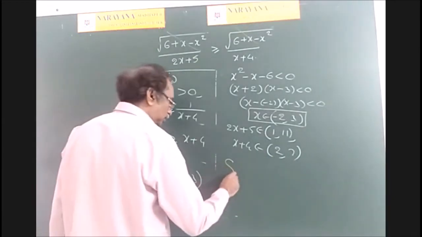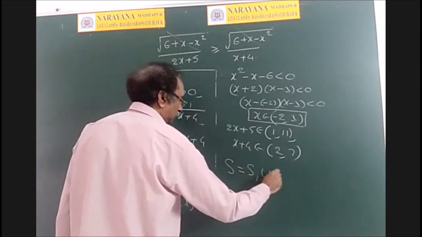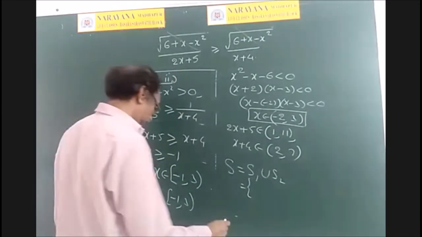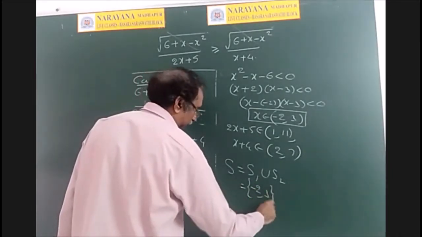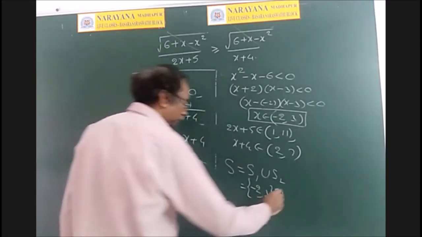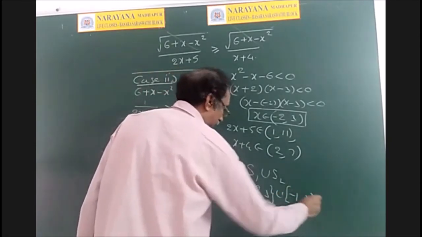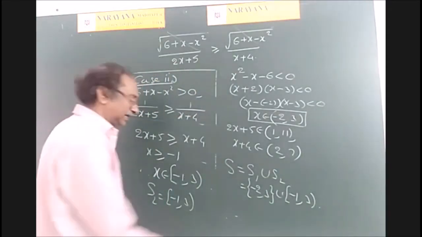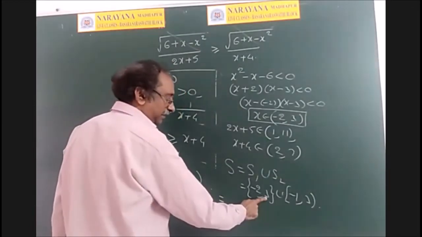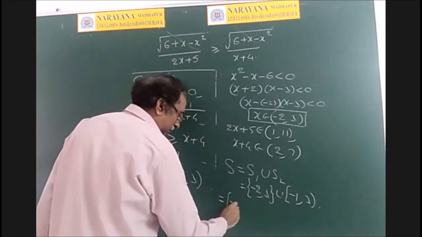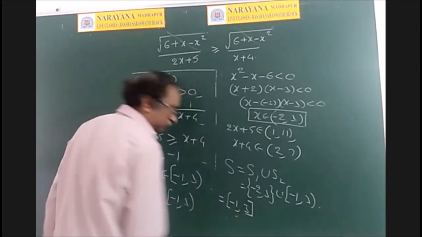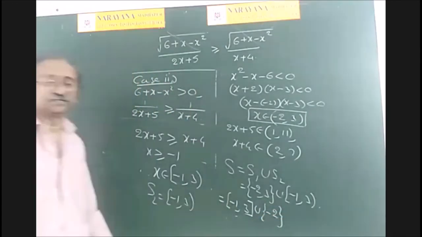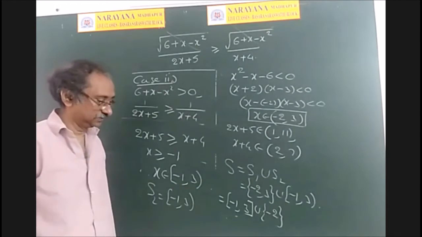And what is the final solution set? That is S1 union S2. So what is S1? What are the previous numbers? Now is it minus 2 comma 3? It may be. So what is S2? Closed minus 1 comma 3. And see, this is okay. This is the answer. But I can write like this also. See, 3 is already in this set. Therefore, I can write minus 1 to 3, closed, union, only one element minus 2, which is not there in that set. Okay? Write down. That is the answer.